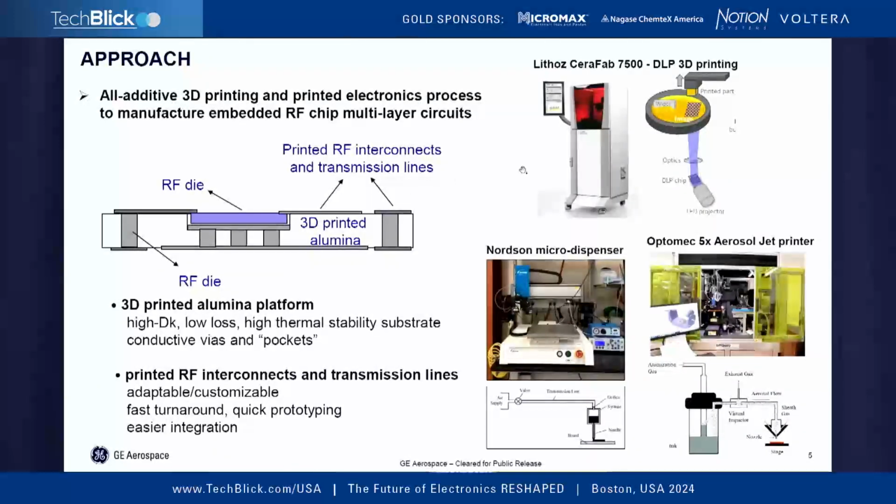So yeah, we used in this program a Lithoz CeraFab 3D printer based on a DLP method to fabricate this ceramic matrix. And alumina is attractive because it's a high-k, low-loss, and highly thermally stable substrate. And the bulk of the work in this program